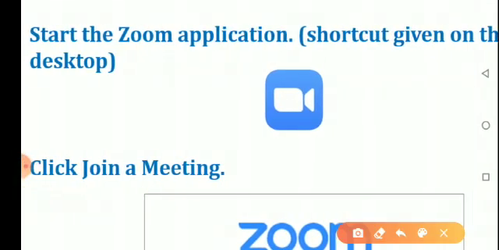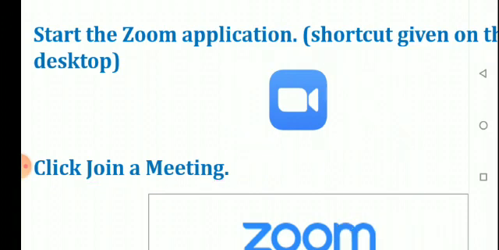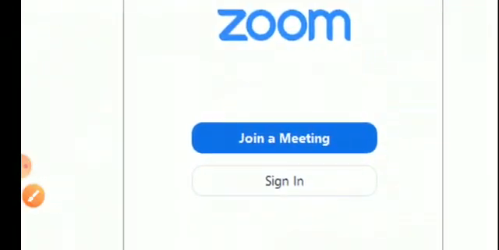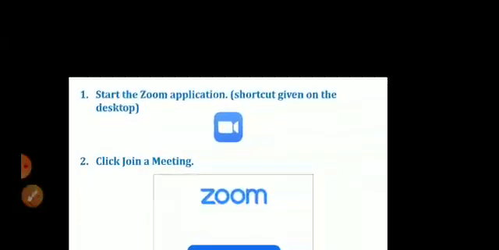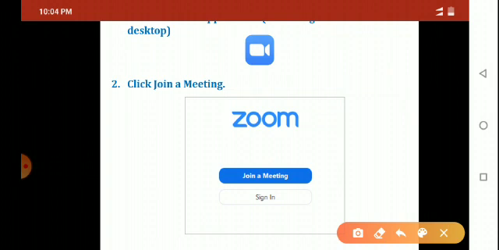Then click join a meeting, where it is written here. You have to click on join a meeting.